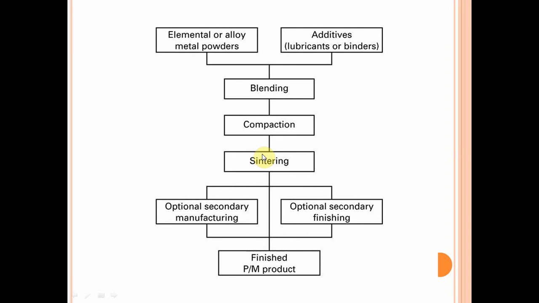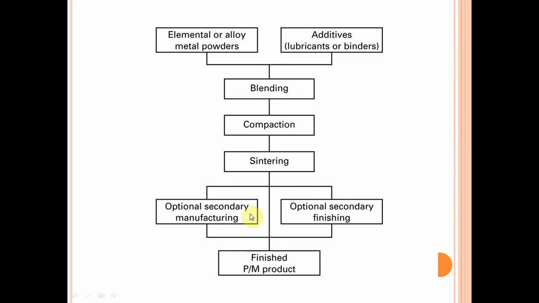Now we can see that after sintering we can either come down to the finished products, or there are certain other processes which can be used to give the product its final properties. These are optional manufacturing steps. Either after sintering we use the product in its desired form, or we pass the products through these other optional manufacturing processes.